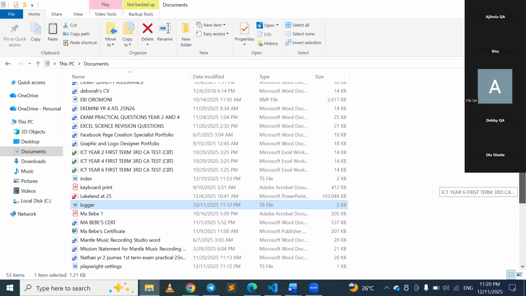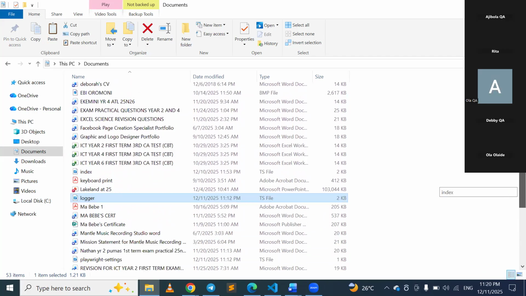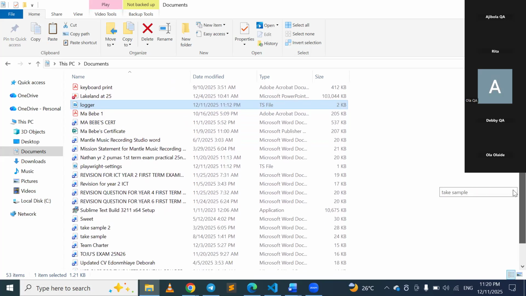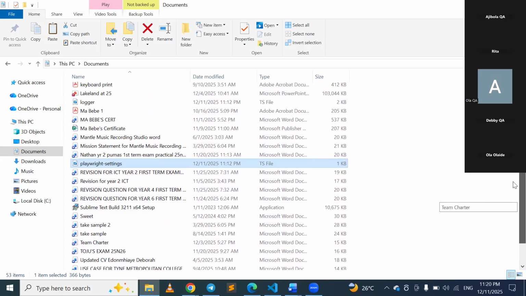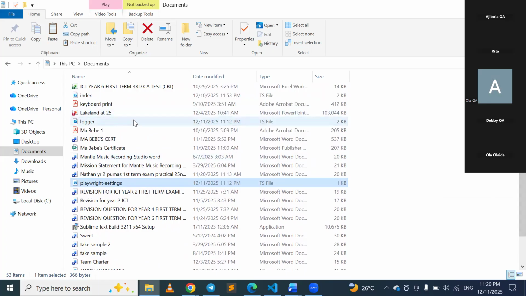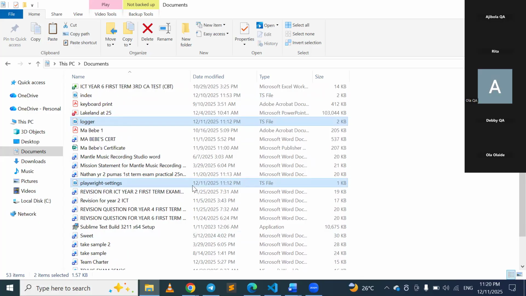If you've copied it, right? This is it, logger, and if you scroll down, you see playwright. Playwright setting is like a video file. Look at playwright setting. Yeah, so that's it. So if you've copied it, right,